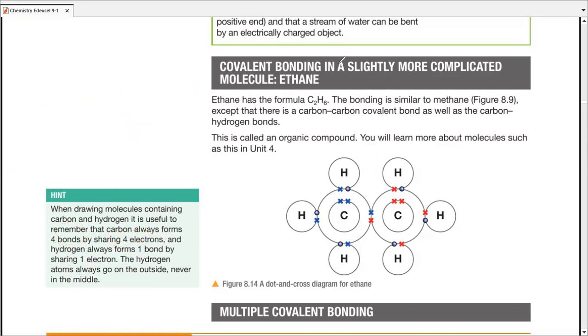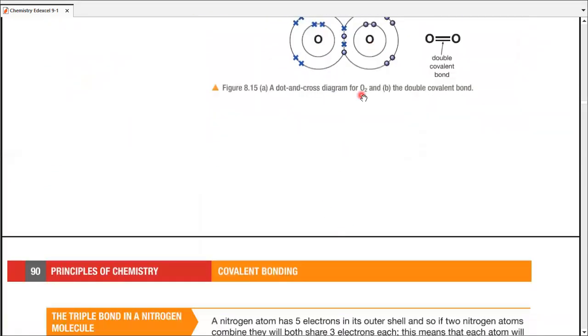From here on onwards, we have multiple covalent bonding. So I would suggest that